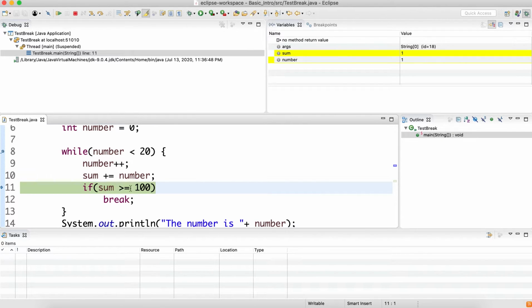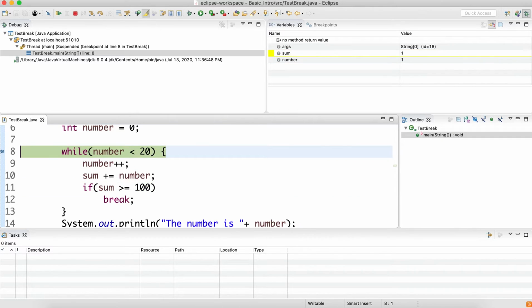Then we are here, this if condition. It will compare whether this 1 is greater than or equal to 100, which is false. So it will not enter inside, so break will not be executed. Let's see. If we step into the next line, the break is not encountered and we go to the beginning of the loop.